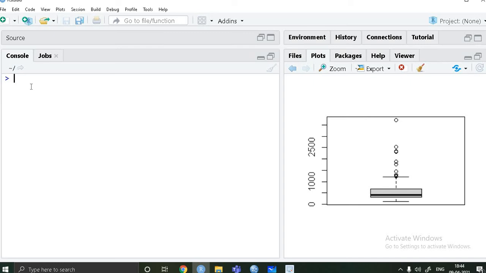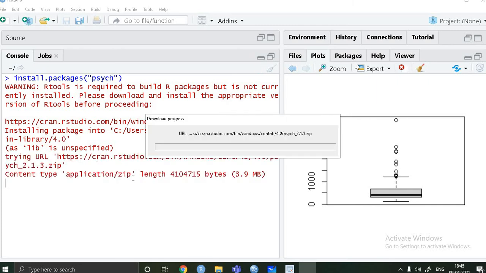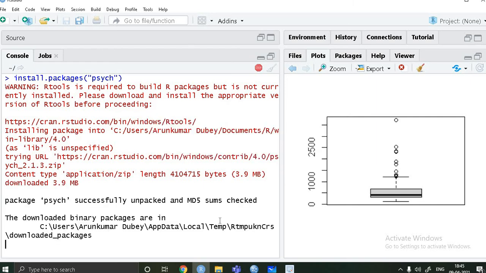Okay, so let me do one thing, Control L to clean the screen. Now there is a beautiful package in R which I can invoke in RStudio, and I can perform advanced functions. The name of that package is Psych, P-S-Y-C-H, and let me press enter. It will take slightly some time. You can see this red stop button; whenever it is active, you need not type because some process is going on and it takes time for R to load this Psych package. You can simply type question mark and Psych and you will get to know about this particular package.